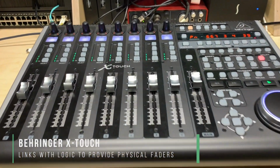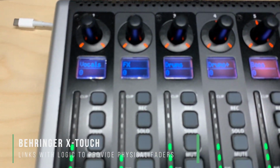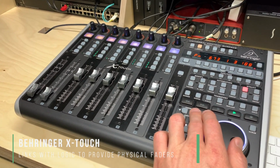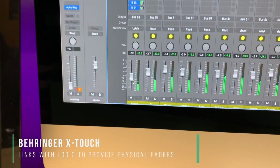Pretty incredible. Now, during live broadcasts, we connect a Behringer X-Touch control surface to Logic, so we have some tactile faders to play with. You can bank through channels with this thing, and every level adjustment you make on the physical fader will move the corresponding fader in Logic as well, making the broadcast workflow more like the front of